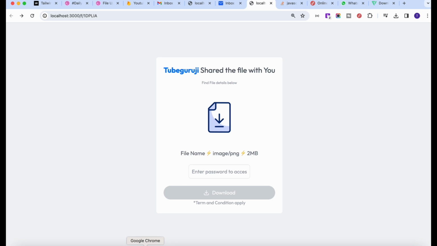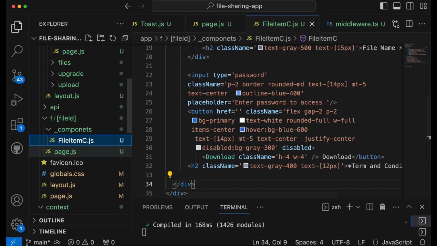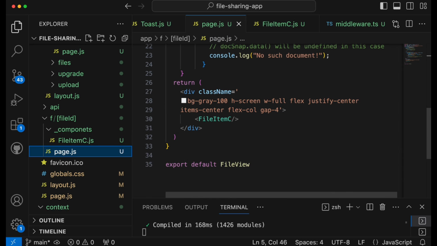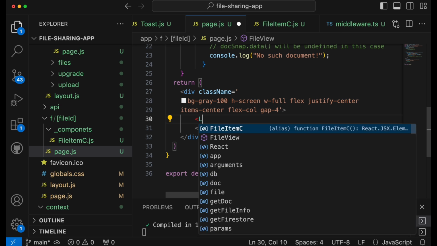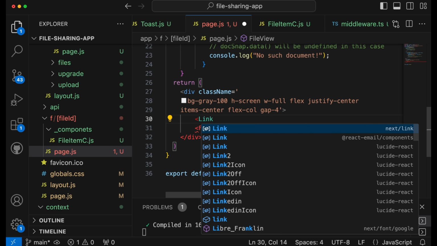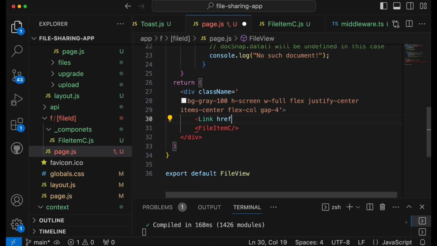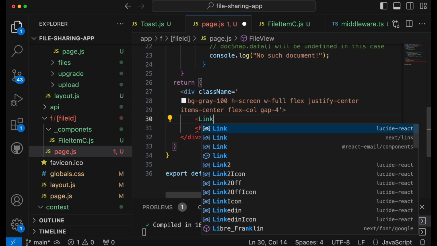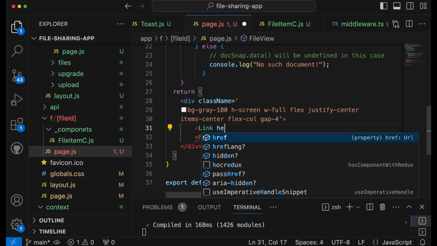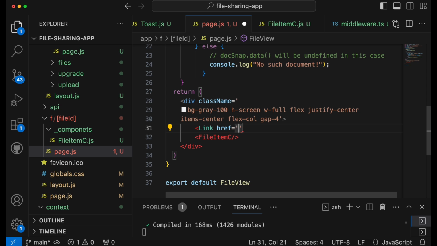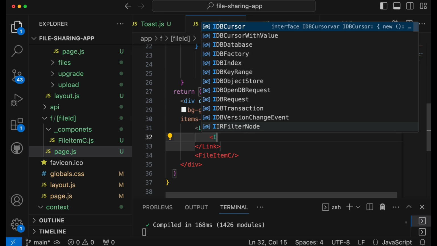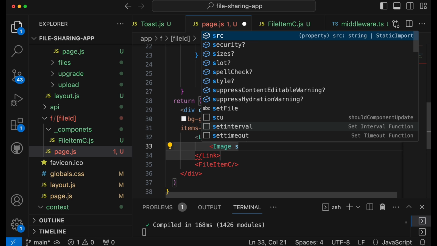Okay, and once you save it, this is how the page will look. Also I want to add the logo, so inside the page, I'm gonna add a link, because I'm gonna add the on click method on this one. Once the user clicks on this one, it will go to our host site. So add that one, then href. For now I will keep it empty, and inside that I will add the image. Image source,